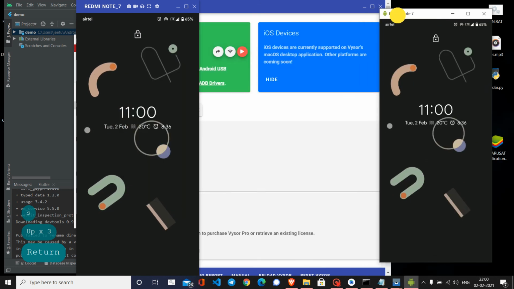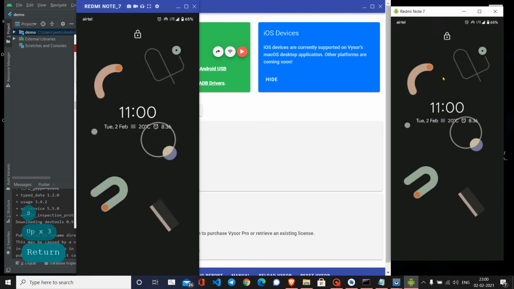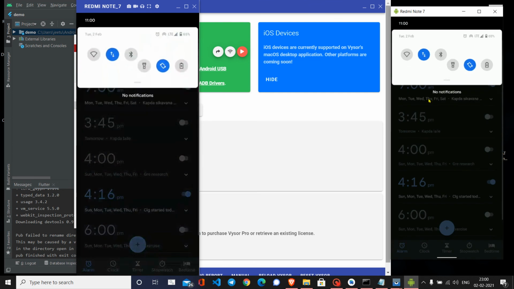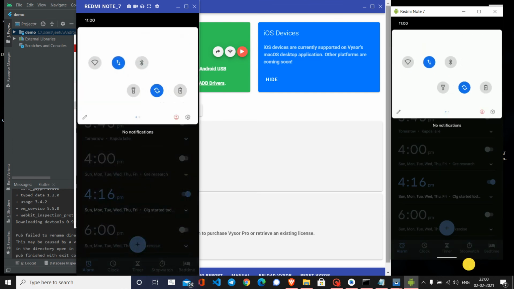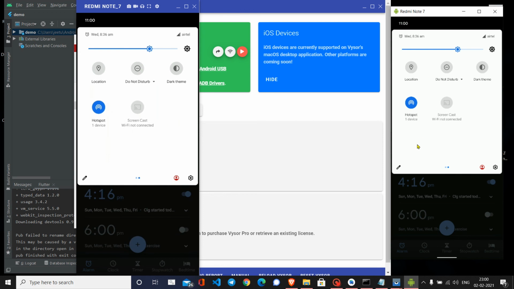So that is it for today, guys. And now I show you that right now I am not connected with my Wi-Fi. I have my data connection on, and I have accessed my hotspot, and I am able to connect.